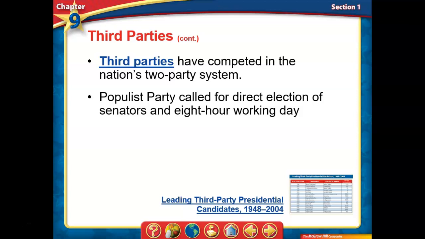We have, first one, the Populist Party. Now, the Populist Party, they called for direct election of senators, and they called for an 8-hour workday. And as we know, we don't really have a major following of the Populist Party, but what we do have is their goals. We have direct election of senators. We have an 8-hour workday. Now, depending on where you work, and I know a lot of people in this community in Beulah, they work shift work and have 12-hour shifts, or some people are ranchers, and some days they work a lot more than 8 hours, some days a little bit less than 8 hours. But overall, when we talked about the white-collar workers, that is going to be kind of the 8-hour workday. So, that's how third parties have influenced politics.